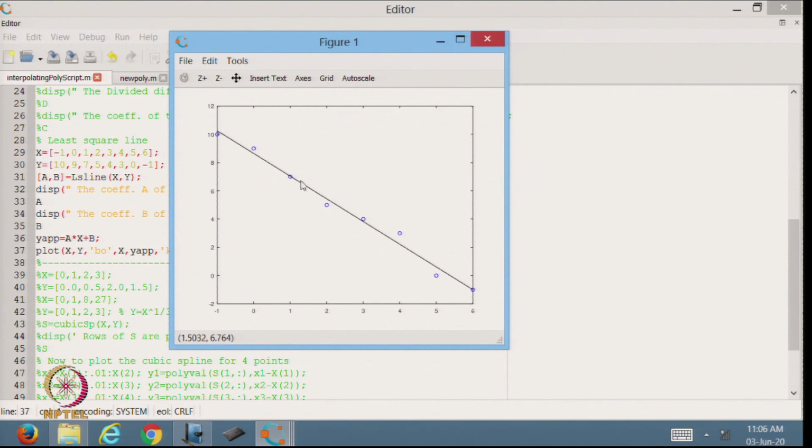Now, from here we can see that this dot is my data points that we have started with, and this is the line that we are getting using the least square approximation method. You can see that this line is not passing through any of the points except this point, only one point and these 2 points. So, it is passing through 2 points, and that gives you the minimum error, going close to all these points. So, this is my least square line.